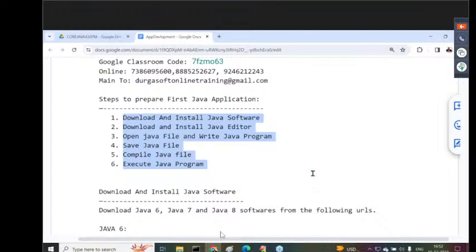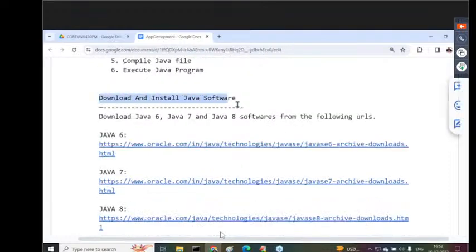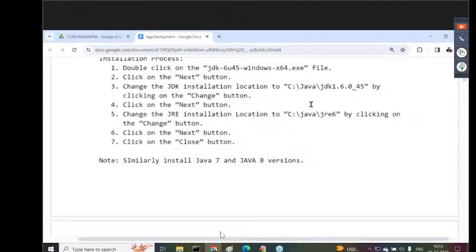Understand it clearly. Download and install Java software. Download and install Java editor. Open Java file and write Java program. Save Java file. Compile Java file and execute Java program. Understand it clearly. Download and install Java software. All the steps we understood clearly about how to download and install the total Java software. Next one is,